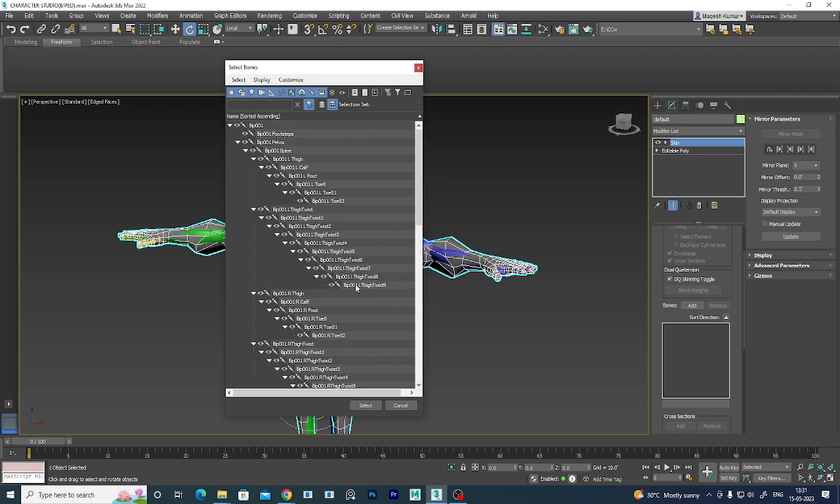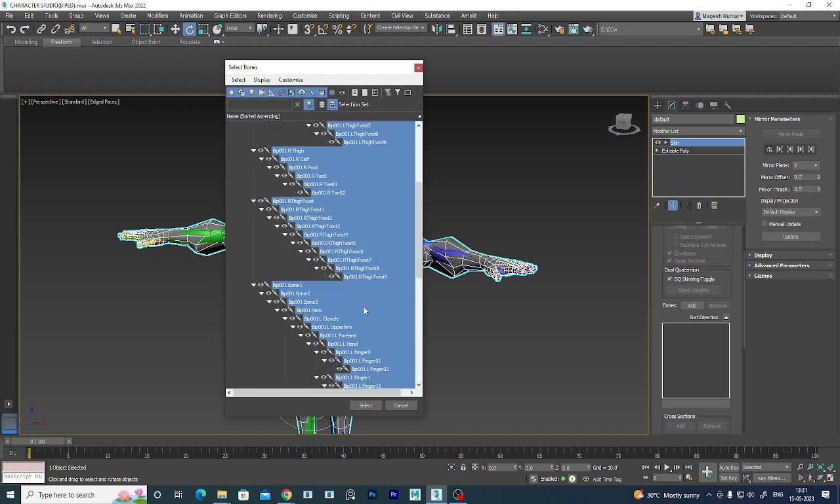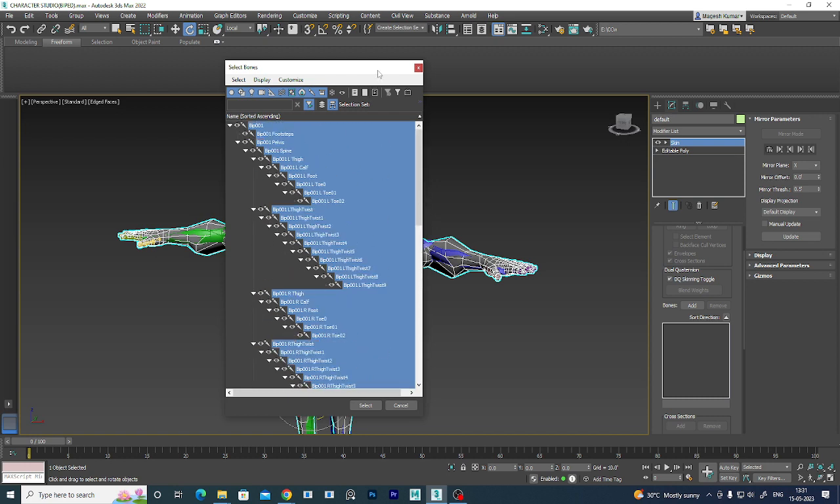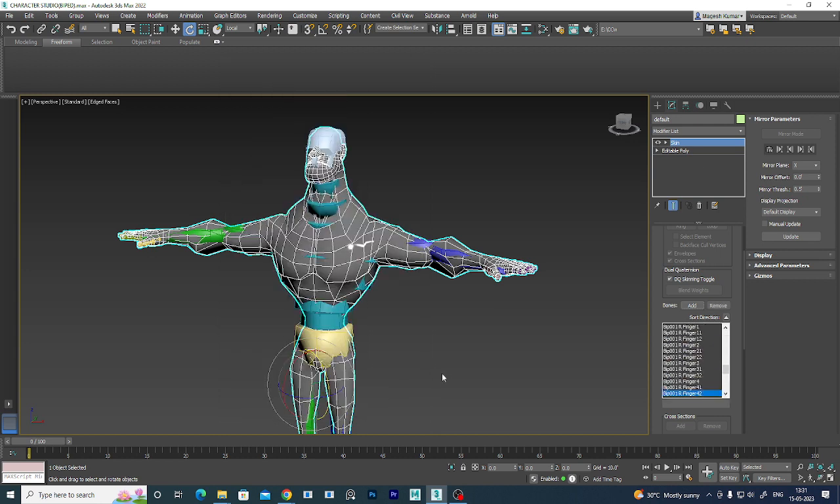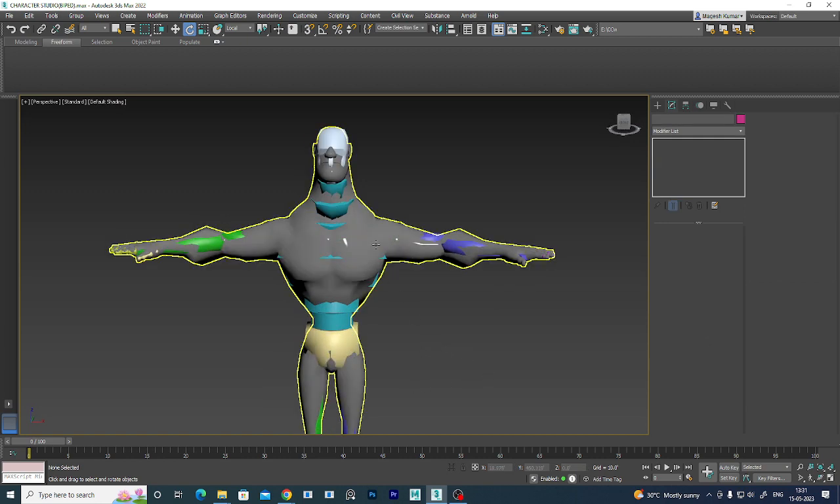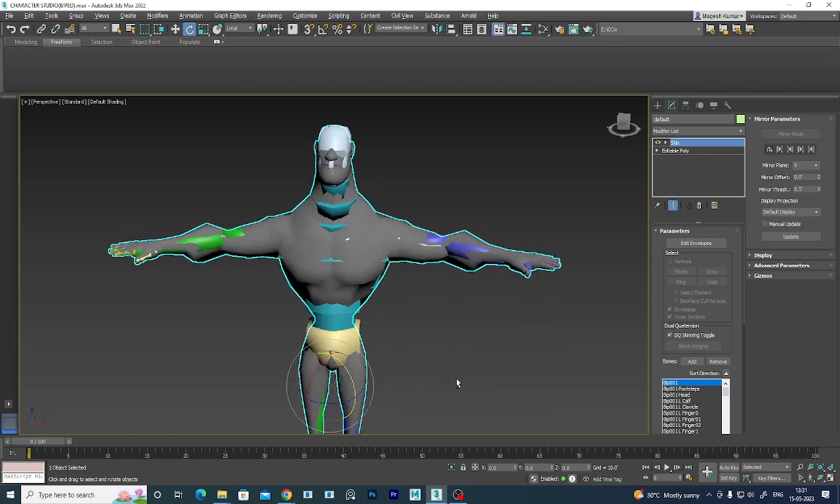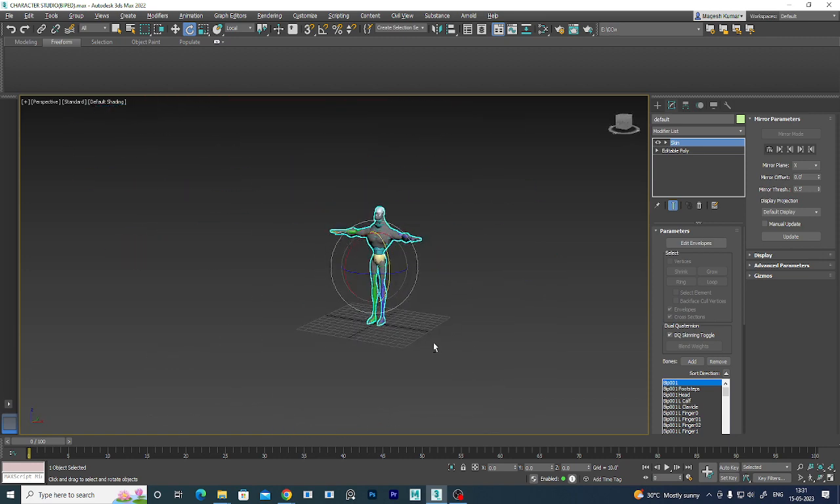Now it's open, right? So select from here, it's selected, and select. So all the bones have been selected and it's a little bit skinned. Let's check. For checking,